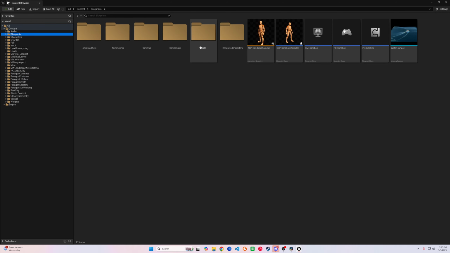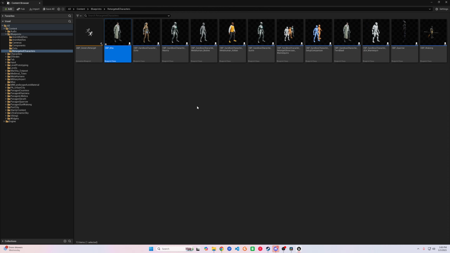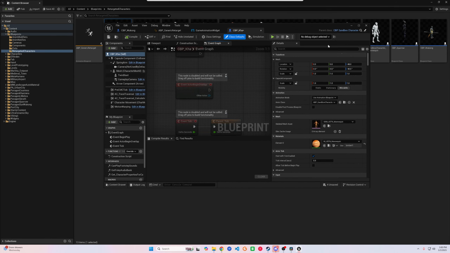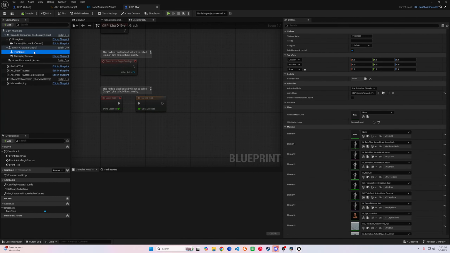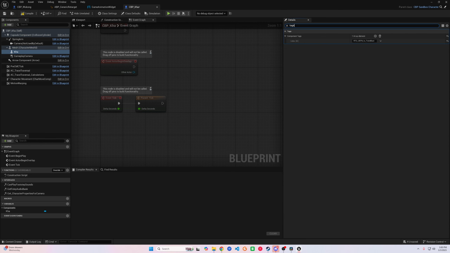Then we can go over to the blueprints folder, our retargeted characters folder, and duplicate any of the meshes that's just a single character, not multiple. I always choose Twin Blast, but you can just copy and paste over any one of the blueprint classes down below. You then go inside the blueprint class, and we're going to do a couple things. First, rename the character. Then we're going to swap out the tag for Twin Blast, and we're going to create